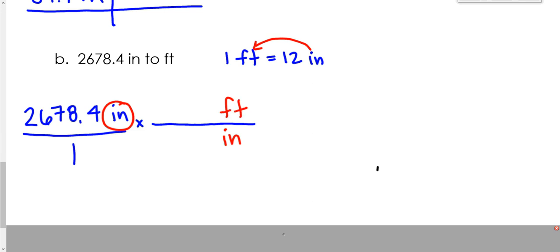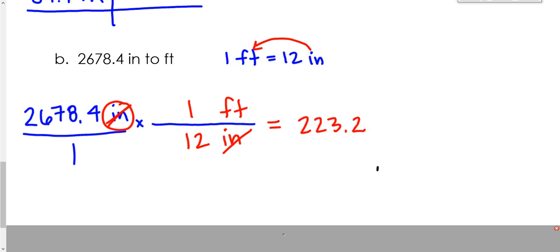So now I plug in the numbers. Before feet is a 1, before inches is a 12. So my inches divide out. And because all I have left that's not crossed out is feet, I can go to my calculator and type this in. And when I do, I type in 2,678.4 divided by 12, okay, which is the same as multiplying by 1 over 12, 1 divided by 12. And my calculator tells me it's